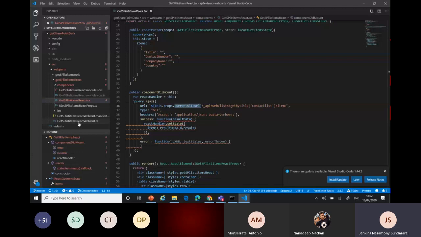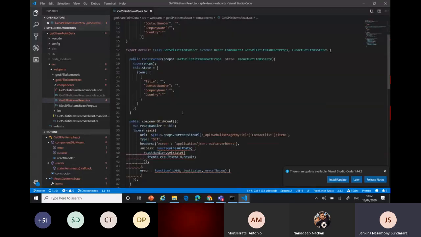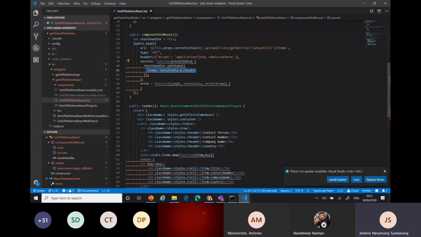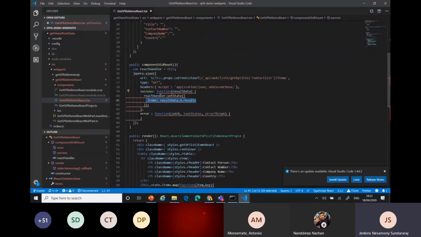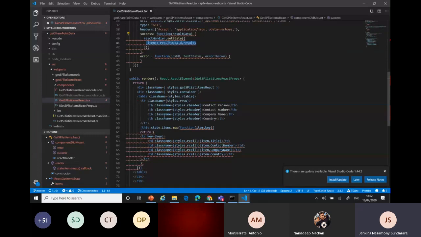There I'm passing the value, and that's the current URL I'm getting. One more thing I added is the jQuery import, because I installed jQuery here and I need to call the service using it. I can use the contact list, and the same process applies: React handles state and gets the results back. I got the results. Here I have not done any mock object because these are small things, and I added this result back.